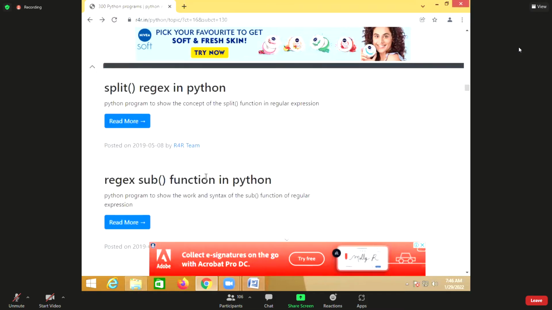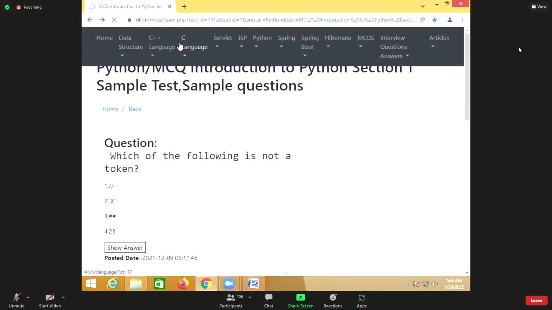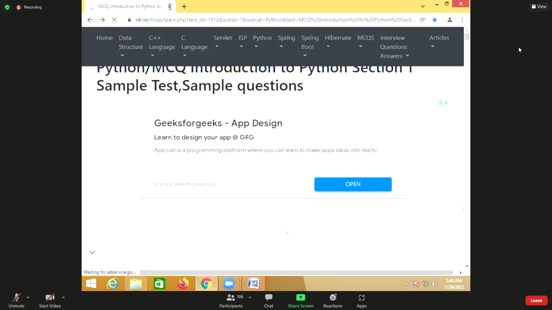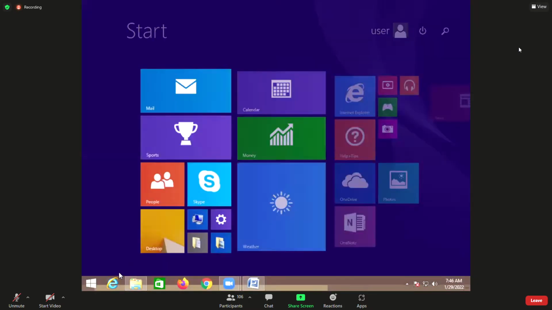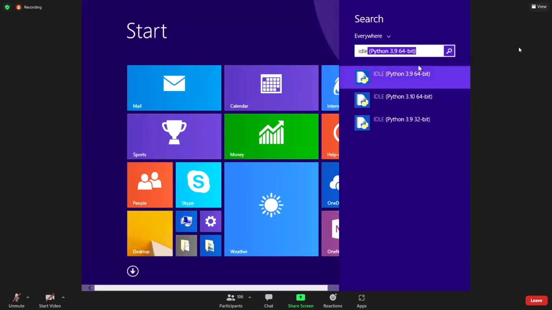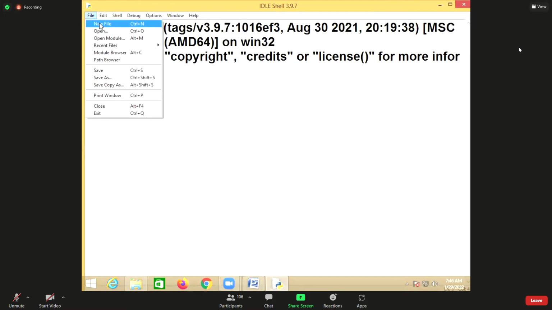So you can search and you can solve the problems. Simple problems you can take and you can solve. Now let us talk about some more examples here. For example,